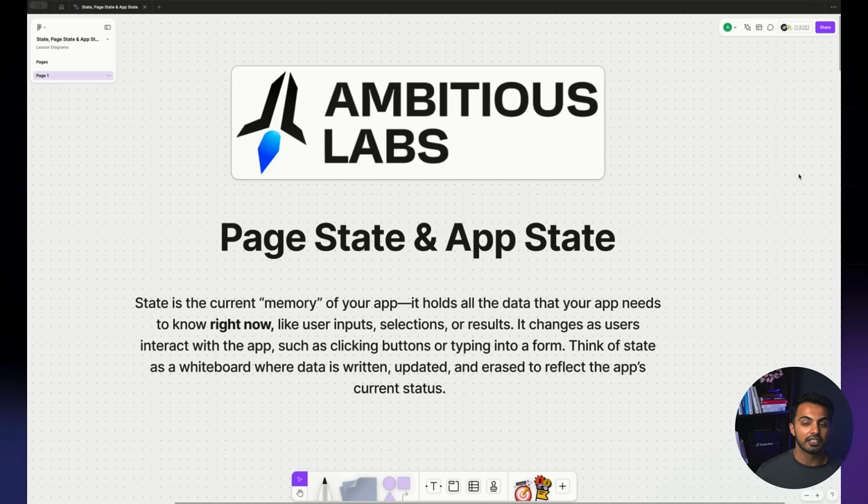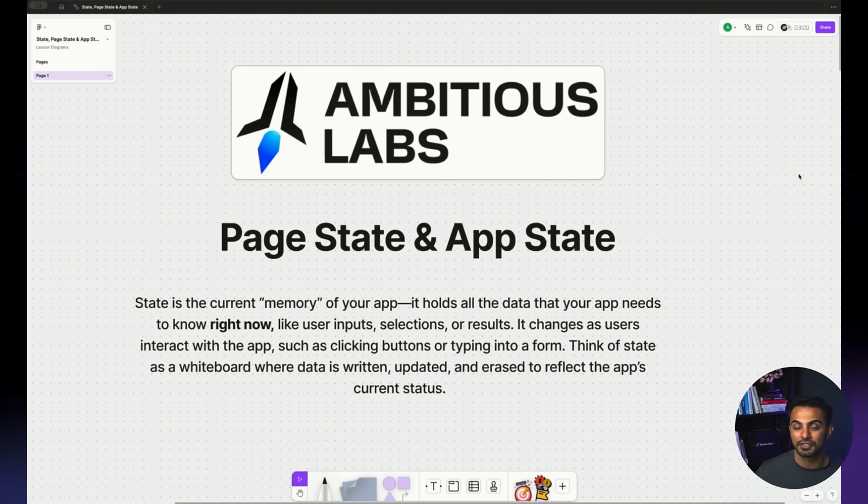Let's explore an intermediate app development concept called state. In FlutterFlow, we have something called app state and page state. Both of these are types of state. State is a commonly used concept in all of software development. Whether you choose to work with Flutter or a different UI framework like Vue or React or another no-code tool like WeWeb or Zeno or what have you, state is a concept that you need to know that makes you one step closer to thinking like a computer scientist or software developer.